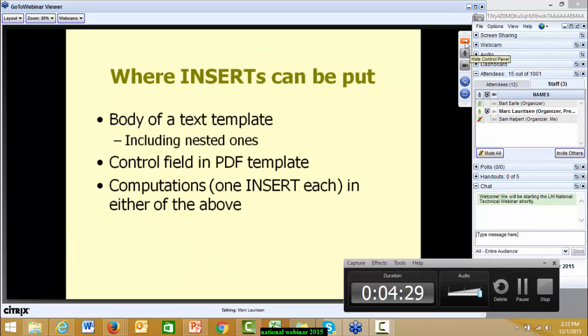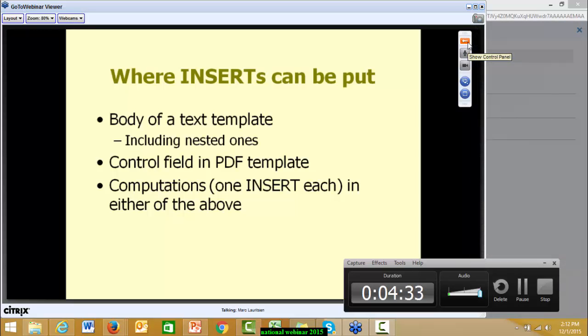Sticking with inserts for a second, you can put the inserts right in the body of a template. We're going to get examples in a few minutes, so I apologize for this boring text. You can have insert statements in a text template. You can have insert statements in the control field in a PDF template. And you can include insert statements also inside of a computation, although HotDocs will only respect one insert in each example. Let me just switch for a second to